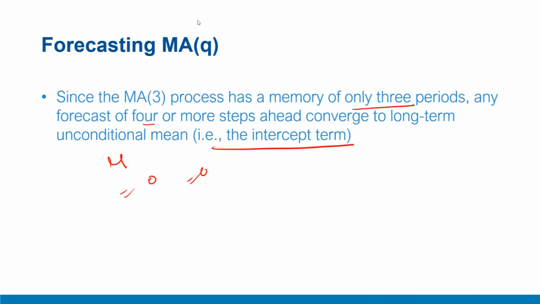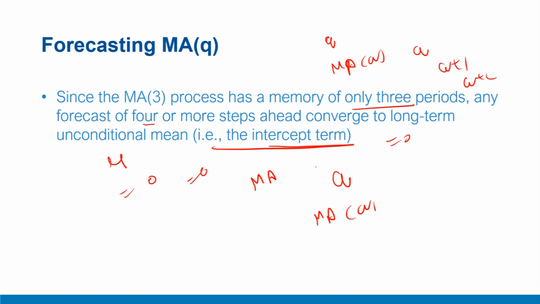To summarize, in this video, we have discussed how to forecast with MA process. We noted that MA forecasts converge to some kind of long-term unconditional mean for any term higher than the order of the process. So if it is an MAQ process, any forecast which is more than Q steps, maybe Q plus 1 or Q plus 2, will converge to the long-term unconditional mean, which is the intercept term. If it is 0, then that forecast will be 0. And only those forecasts that are up till Q steps ahead in future will survive for an MAQ order process.